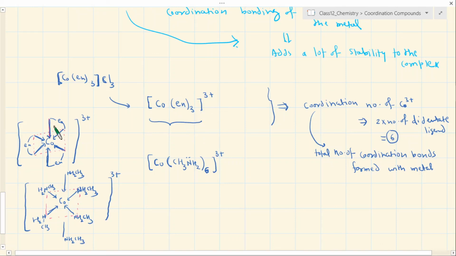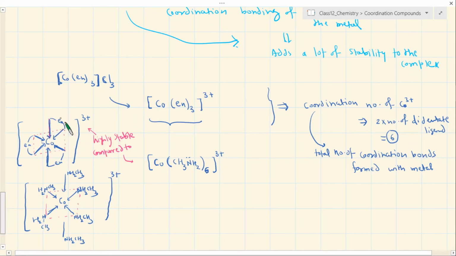So much stability is achieved in these complexes. So actually speaking, it is not about the molecular change. It is attributed to the chelation part, not to the change of the molecule. The change in the molecule is very, very minor. That should not lead to the enormous stability which is achieved. So this complex is highly stable compared to this one. The reason is only because of chelation. The reason you will know.